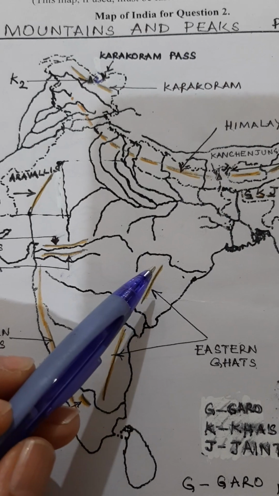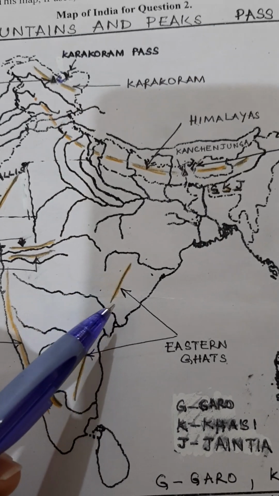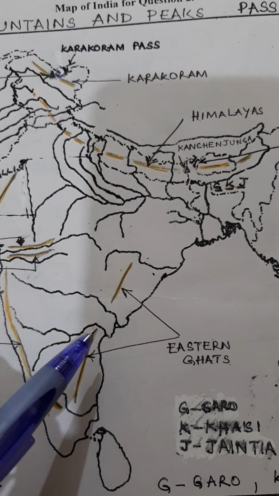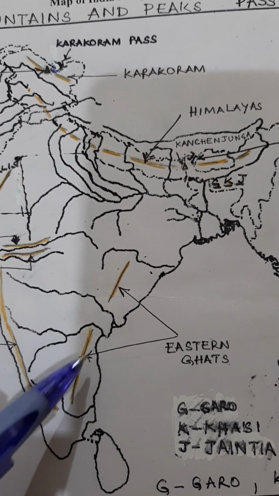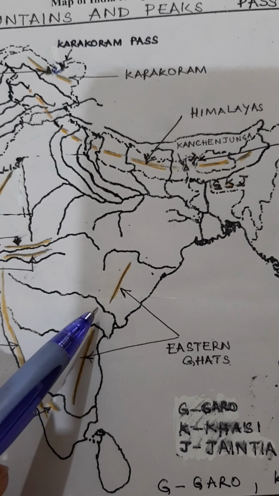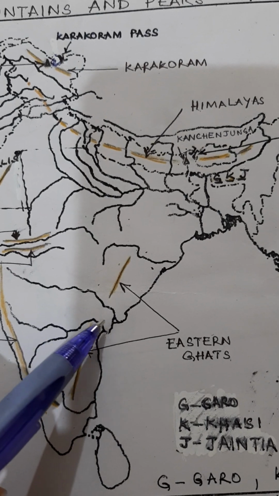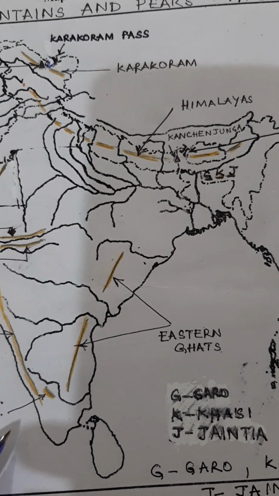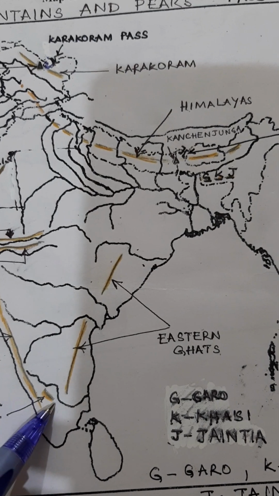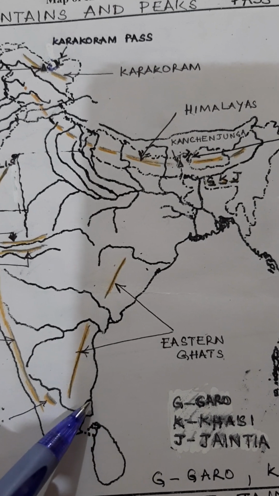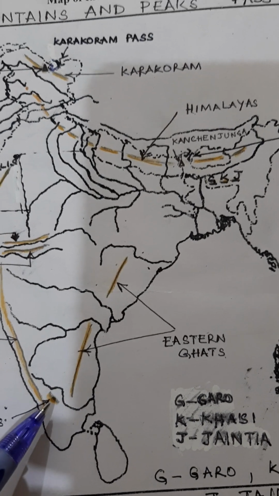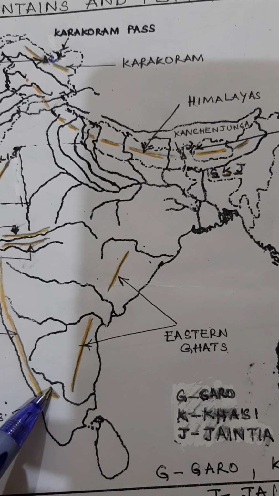And this is how we mark Eastern Ghats. Between Mahanadi and Godavari, I've drawn one line. And then between river Krishna and Kaveri. And in this gap here, there are no mountains, right? And this range here, this is Nilgiris. So notice this river Kaveri is like an inverted question mark. And this Nilgiris lies in this gap here.